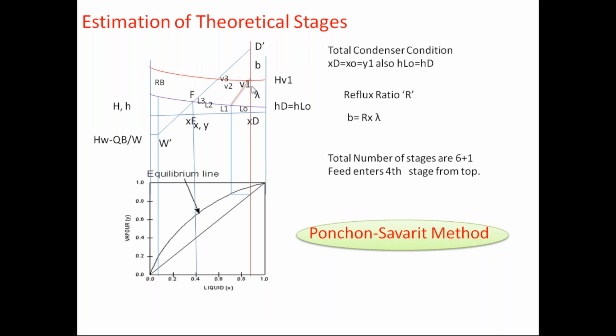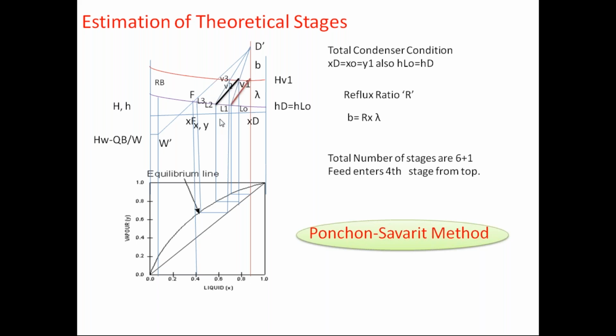So first you can draw the first tray will be here. You know the XD is coming, so it will be coming to this one. So this will be the first tray, and then the operating line will be added. Then again it comes down to this one, then you will be getting L1, L2, L3, then you'll get